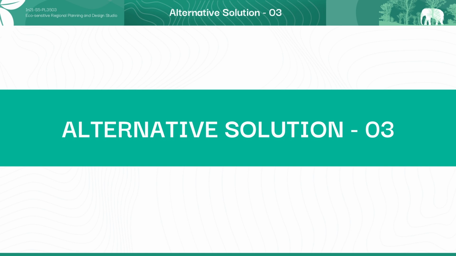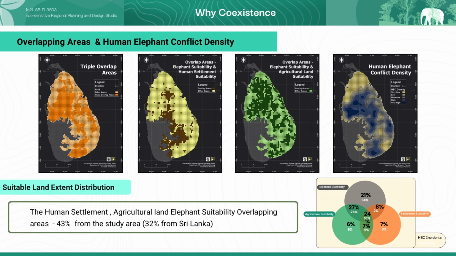Yes, so far we have discussed 3 alternative solutions, mainly based on separation. However, there could be some people who would like to live in this rural settlement and are willing to continue the same. So there could be some alternative to address this problem for their sake. So, we believe that coexistence is the most suitable approach to mitigate human-elephant conflict. So, why is coexistence more suitable?